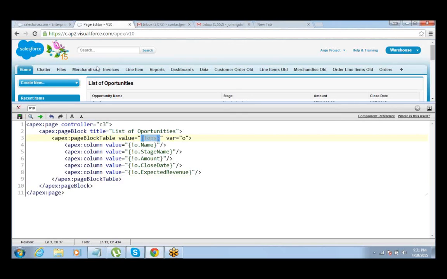So I'm calling that method to get the value of that list. And for the value of the column, you're specifying O dot name. Oh, the var. Okay, so it's the var. Okay, got it. So this O stands for this big expression. Got it.